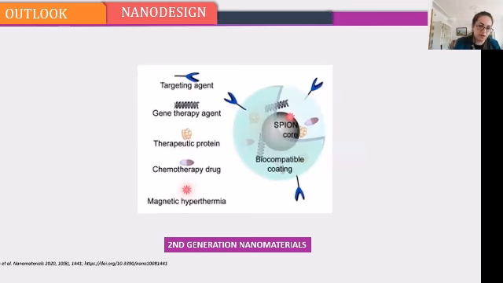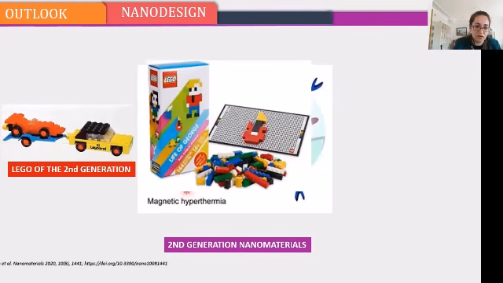Now we are in the second generation nanomaterials, where you may add some biological activity, some chemical activity, or have two different nanoparticles together in a core-shell material, making second generation materials with a functionality. So I can call this second generation Lego, where you now have shape and structure a little bit better, and everything is almost there.